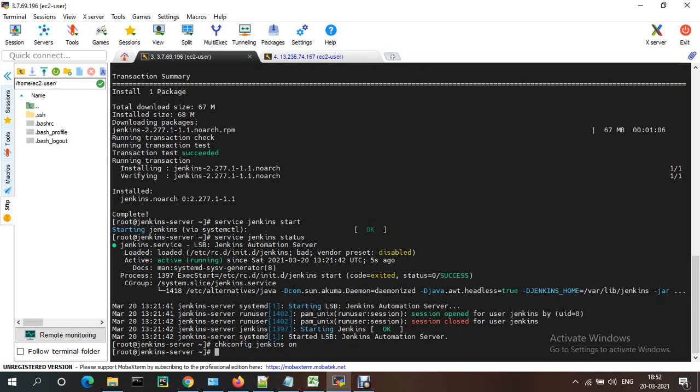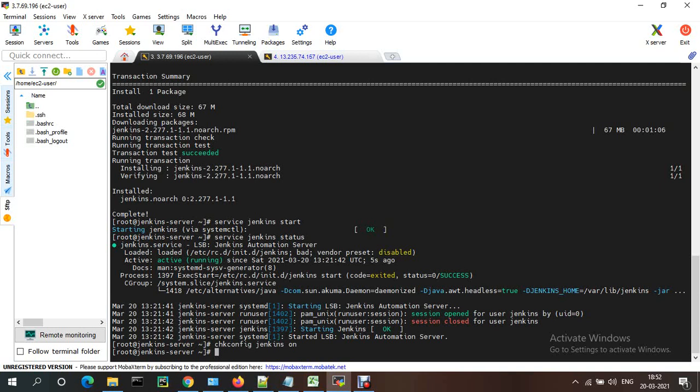Then even if you reboot your system, Jenkins will be running unless you stop the service.